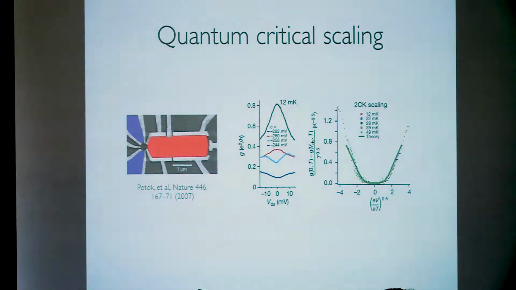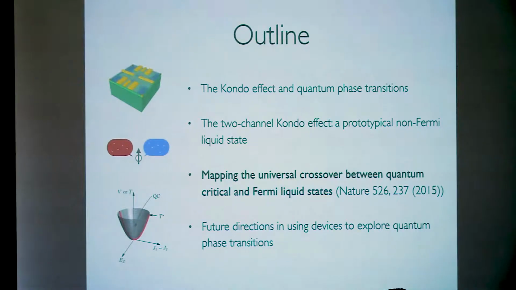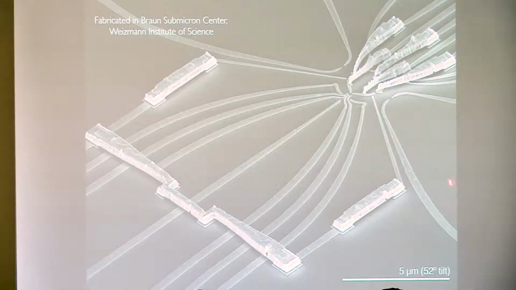What hasn't been seen, or at least quantitatively mapped out, is how, as you change the exchange coupling detuning, you go back from this quantum critical scaling into more conventional Fermi liquid behavior at low temperatures. So that's what I was doing. This is the device we made. It's more complicated than it needs to be for the experiment because initially we had tried to do a different experiment involving interferometry in the two-channel Kondo state, which I'll talk about at the very end. But it's just another angle on the picture I showed you previously.